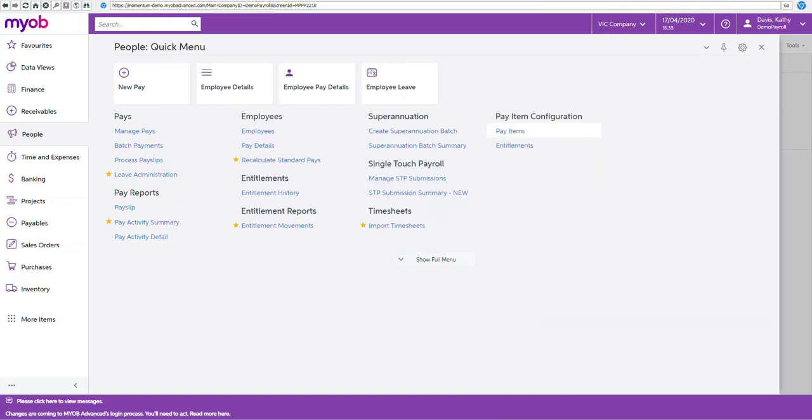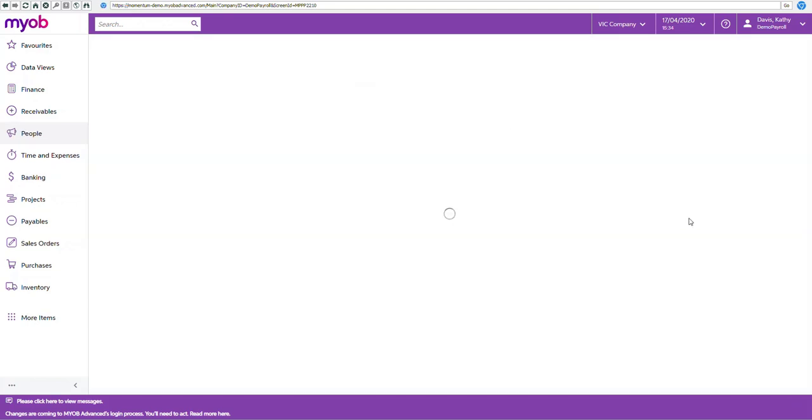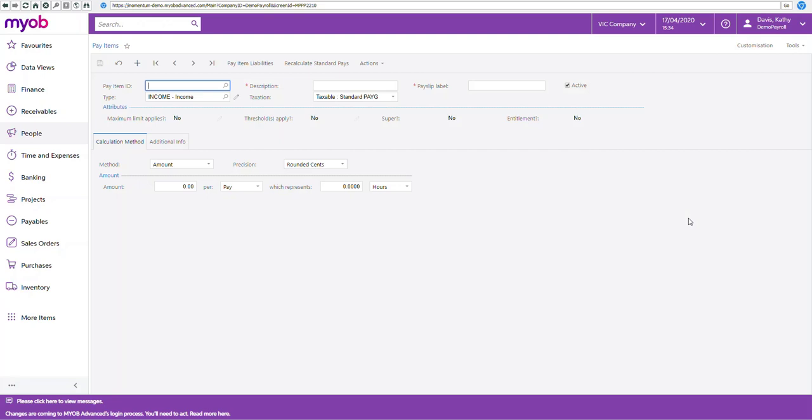So let's now have a look at what has to be done within the actual payroll software. What we have to do is set up some pay items that are going to signify to the ATO who is going to be paid the JobKeeper, and that is creating a pay item for signifying the start. So we do this by creating pay items. There'll be allowances. So let's start with the first one. We can go JK START